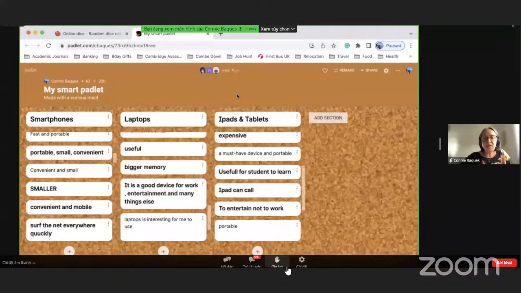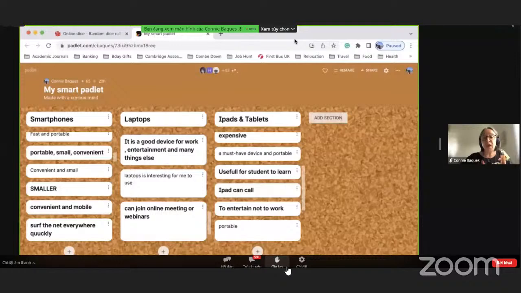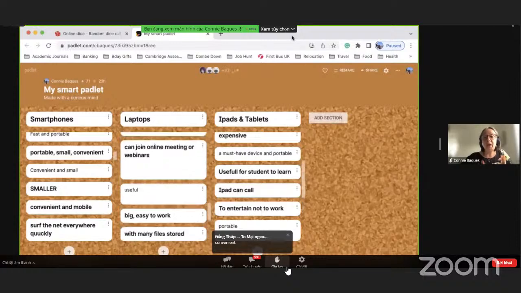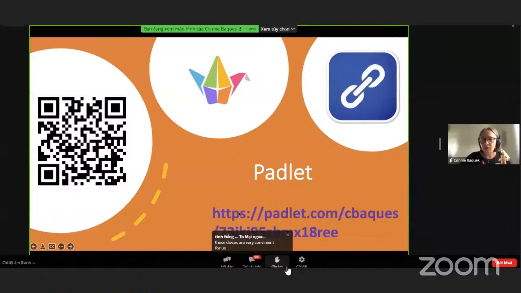All of these ideas are great, and as you can see, Padlet is very useful to brainstorm ideas and share this with our students. We all together work on getting ideas for a certain concept. Let us go back to our PowerPoint now,